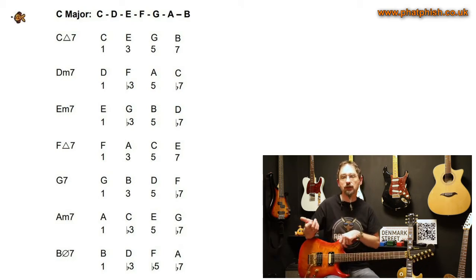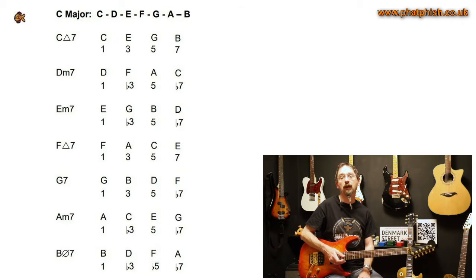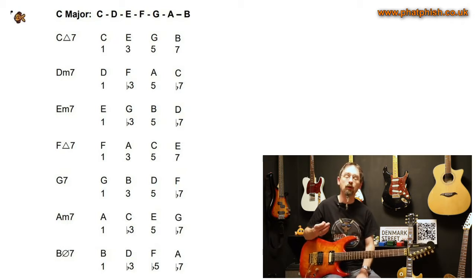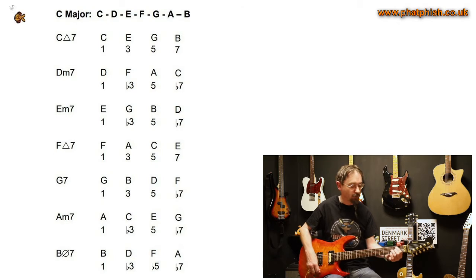So we've got C major 7 on the 1st degree, D minor 7th on the 2nd degree, E minor 7, F major 7, G dominant 7th, A minor 7, and then on the 7th degree we've got what we call a B half diminished. It's an important distinction between different types of diminished chords, because when we extend beyond the triad, there's different types of diminished chord. The diminished chord in the key of C major gives us a B diminished, but